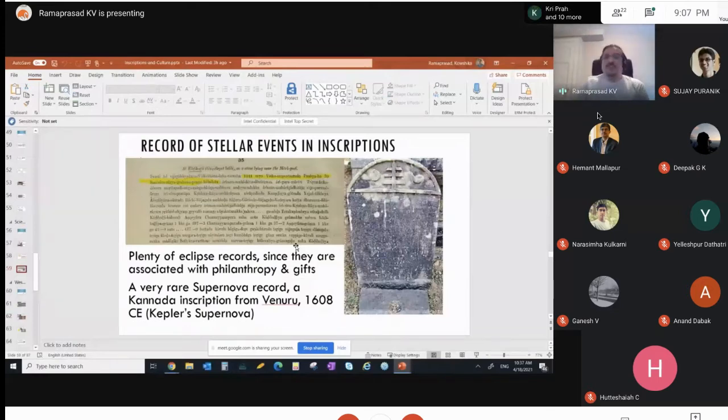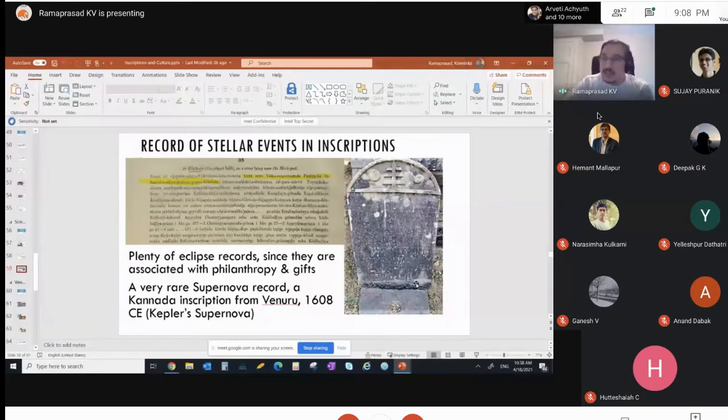And recently, I found that there's a very rare supernova record in a Kannada inscription from Renuru from 1608. This is very rare, because until now we have thought that only the Chinese recorded supernovae, nova events, and we didn't have any records in India. But here this is talking about a Muni, and it also talks about how the moon appeared in the